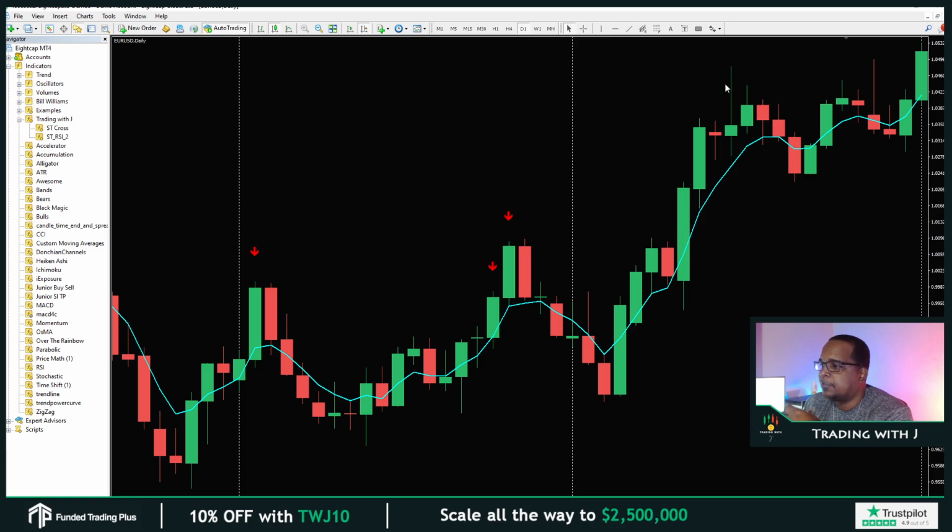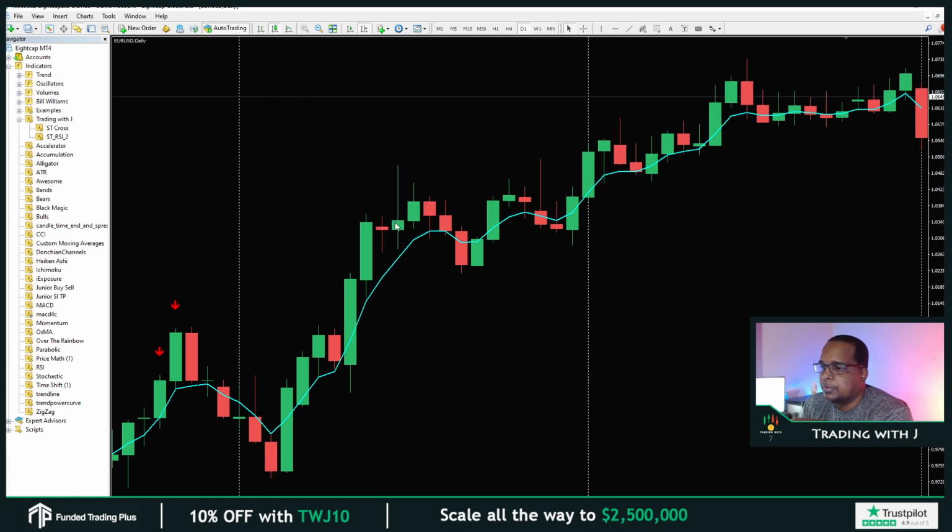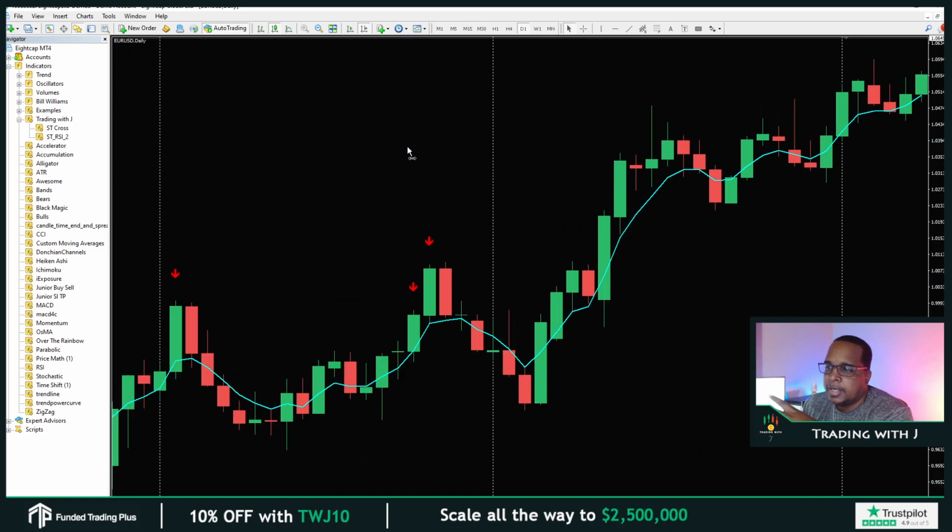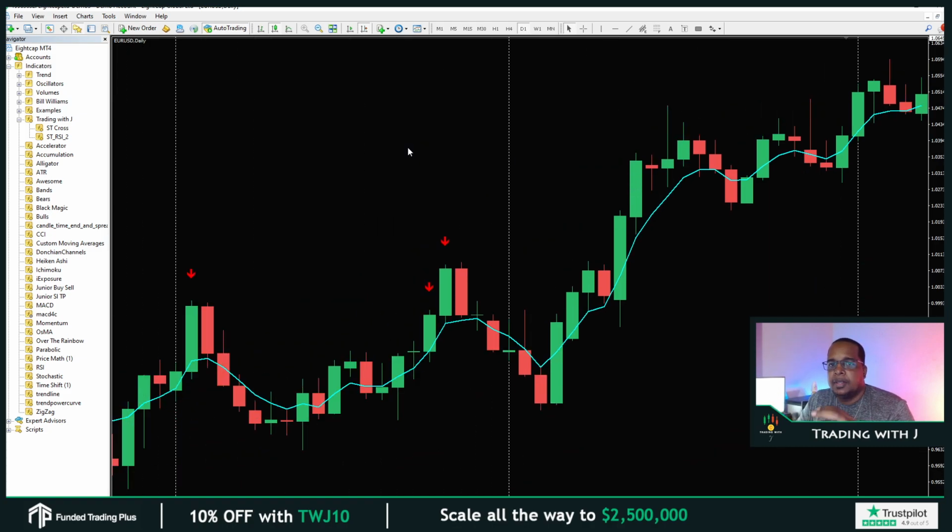So let's say, for example, the price could have gone up here and an arrow starts to show. The arrow wouldn't be fixed until this bar is closed. So when the price drops back down, the arrow would disappear, right? Because at that point in time, it didn't close above 95. So it's very important that you wait until the bar is closed and then trade, and you start on the